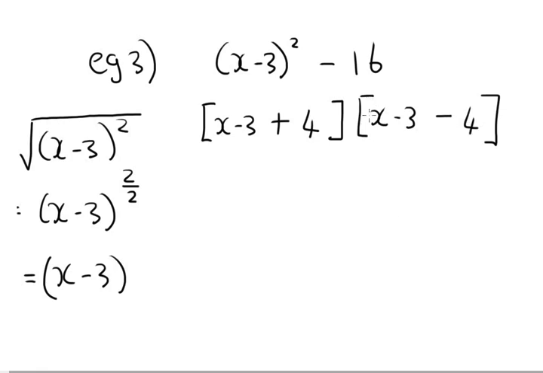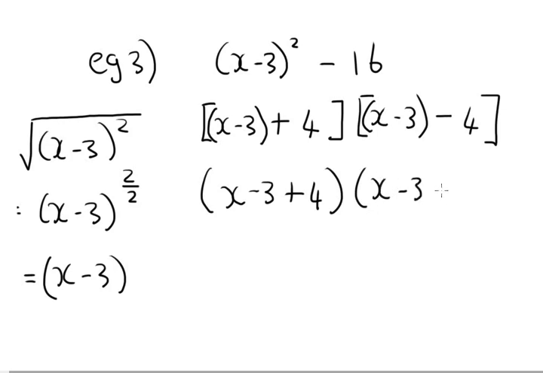The reason why I did a square bracket is that sometimes people would just put that in brackets over there. So we're taking it as is and putting it in there, but because it's a positive sign, the square brackets are actually not necessary. So my final answer will be x minus 3 plus 4. If I was to get rid of the brackets, that's basically how it would look. And so my final answer will be x plus 1,